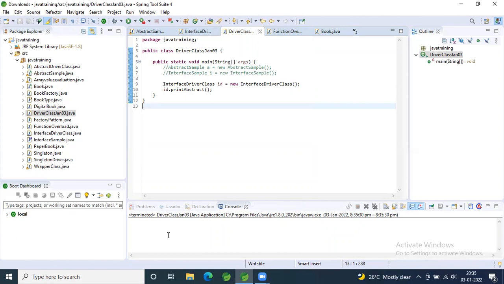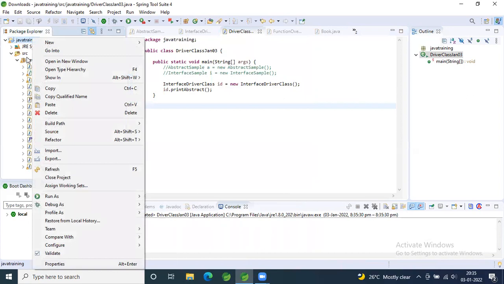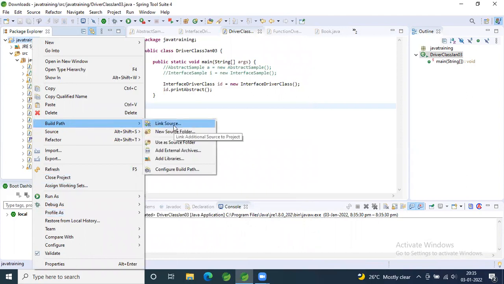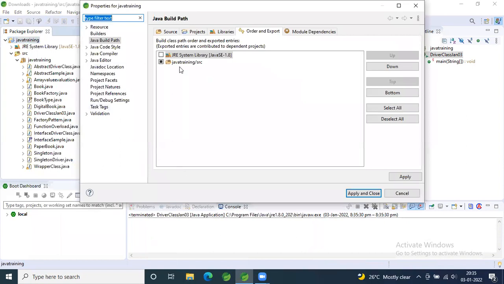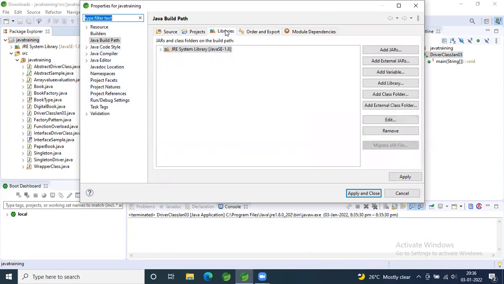Can you right click on your project, Java training? Go to build path, configure build path. Now go to libraries, on the top menu. Go to add library on your right side.